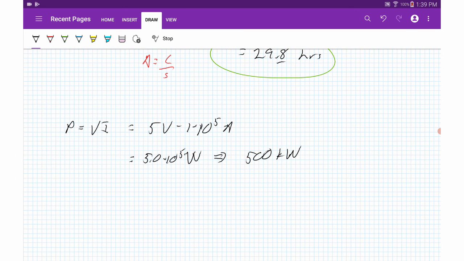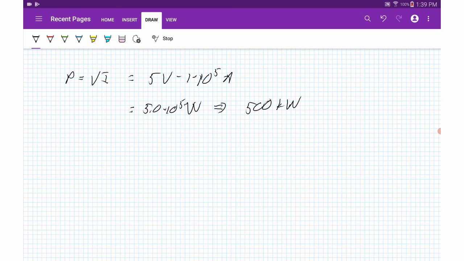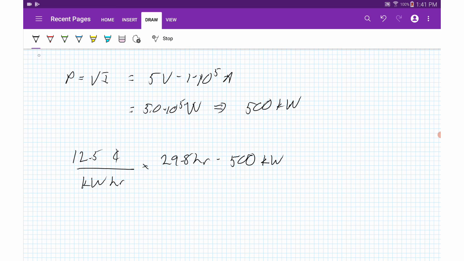Now to convert to cost, there isn't a formula, or potentially there is a formula. It's literally unit conversions. We want how much it costs. So picking something that might be reasonable to start with, let's go with 12.5 cents per kilowatt hour. We know we have to run this for 29.8 hours, and we have 500 kilowatts. So kilowatts is canceling, hours is canceling, and we end up with